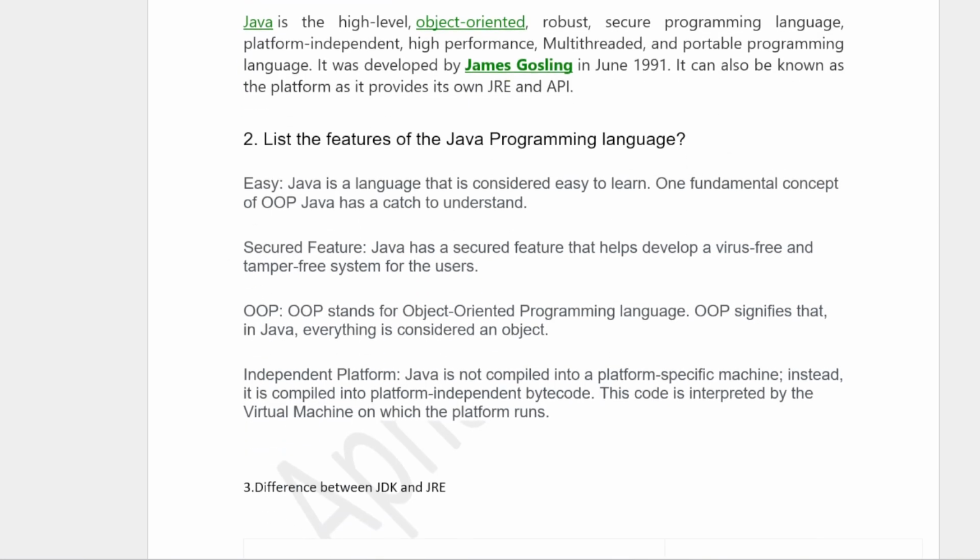So next is platform independence. Everyone knows that there are some languages which are platform independent. One of them is Java. When we compile Java, it is not platform specific. When we compile, it is converted into bytecode, that is from .java to a .class file, and this .class file is known as bytecode. So this bytecode is executed on every machine. It has only one condition: it should have a JDK or JVM or JRE. So this is the only condition.